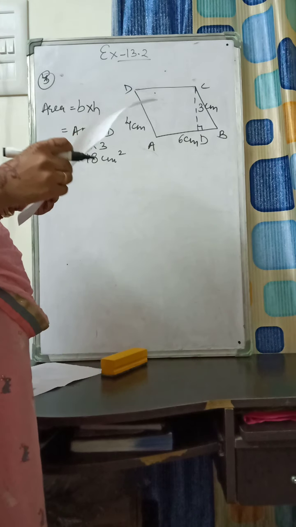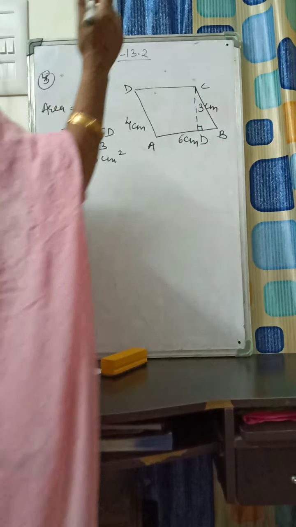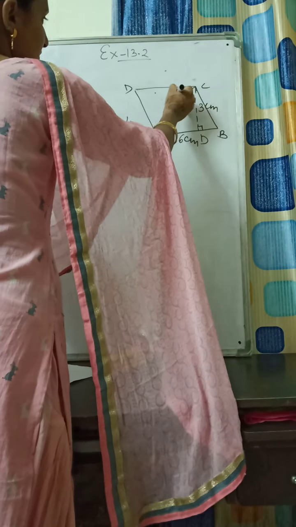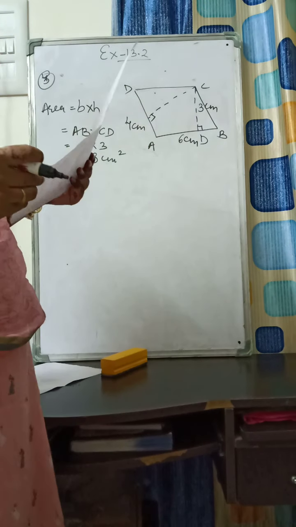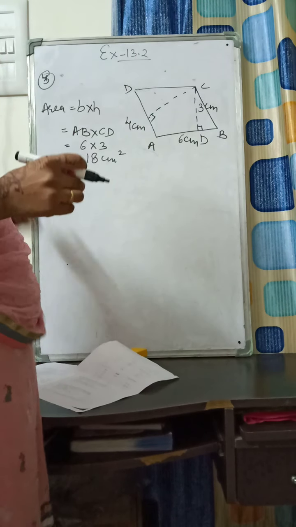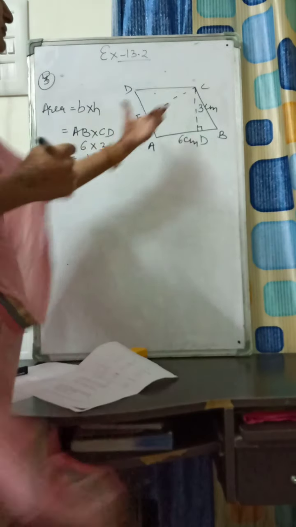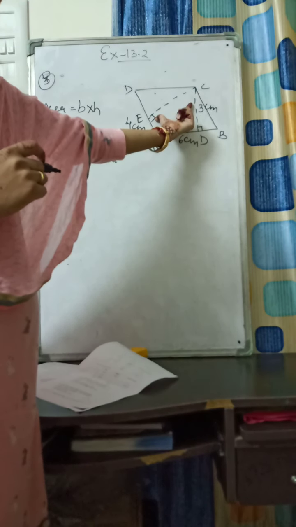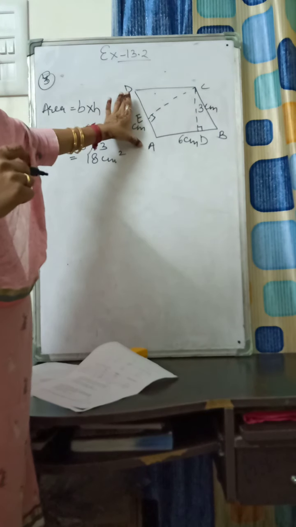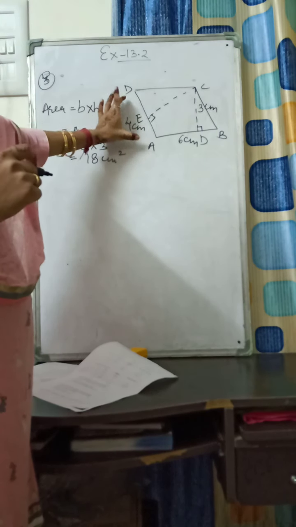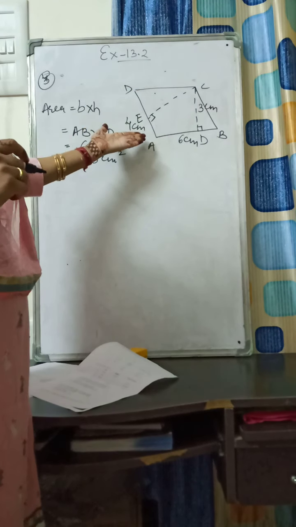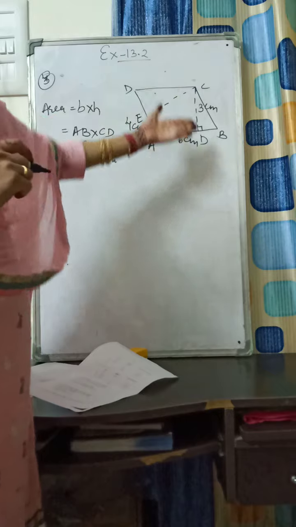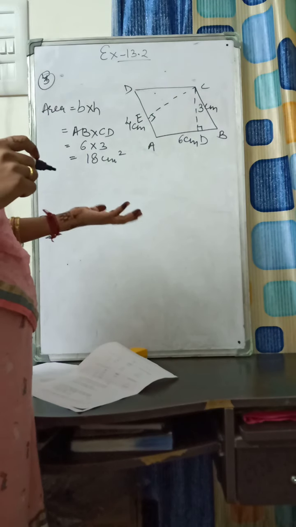Same as it is, students, and another perpendicular is given from C on line segment DA. Fine. So with using this C, and let this one be E, with CE perpendicular or height, DA will be the base. So by using this base and this area, we can easily find this height, because the area of parallelogram will be equal in any case.